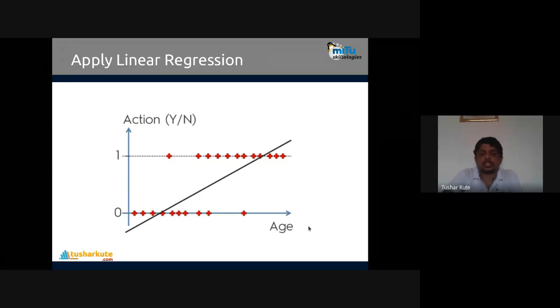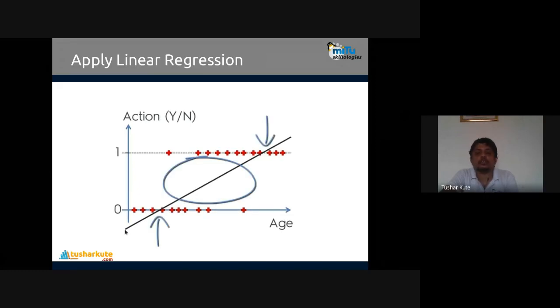So it can predict the value in some 0 to 1 format, or more than that is also possible. But you can see only two possible outcomes are there, 0 and 1. A value above that is not possible, a value below that is also not possible, and values in between are also not possible. Only two possibilities are there here, either 1 or 0, whether you received or not received.